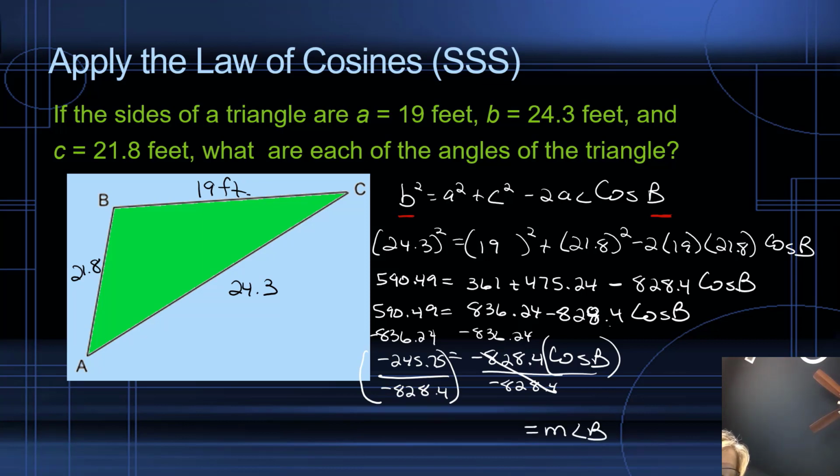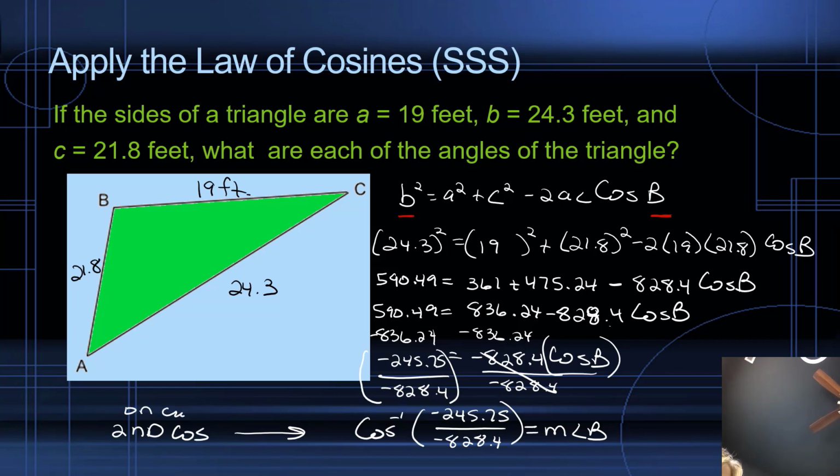So I'm going to say it equals the measure of angle B. But I need the inverse of cosine, and I need to put the negative 245.75 divided by negative 828.4. And that needs to go in just like that. So you're going to hit second cosine on the calculator, and then you're just going to type all of this into the calculator. When you do that, you get the measure of angle B equals